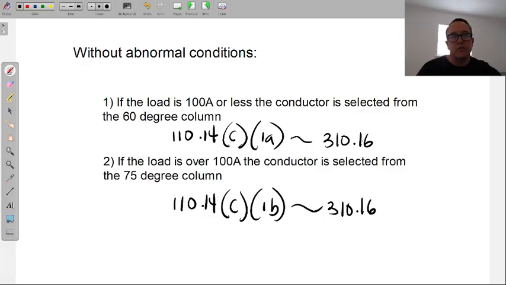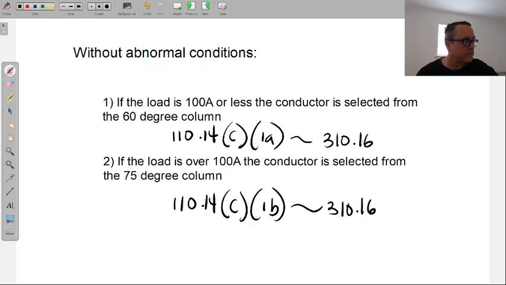This is why they introduced the 90 degree column conductor, it's just better insulated. That's all it is. The 90 degree column is just a newer conductor. It's just a better insulation than the older models. Can hold a little bit more heat.